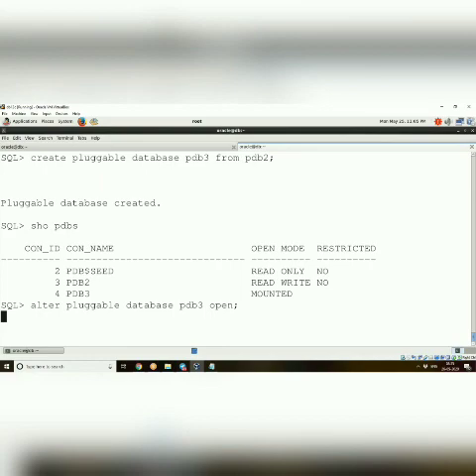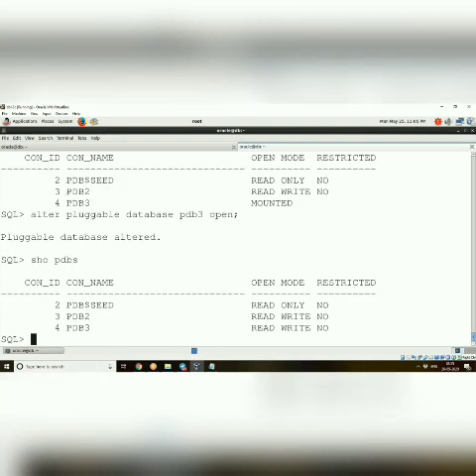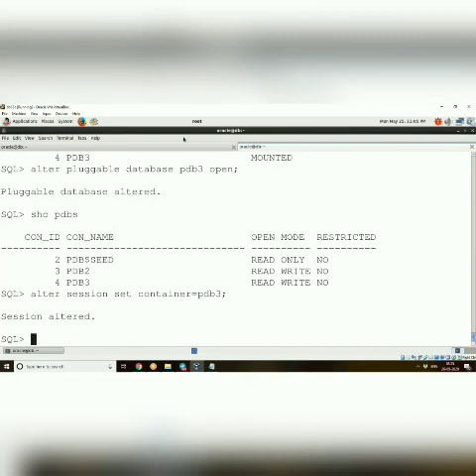Fine. So now what I'll do, we'll go inside PDB3. Alter session set container is equal to PDB3. Okay. So now I'll select name from v$datafile.